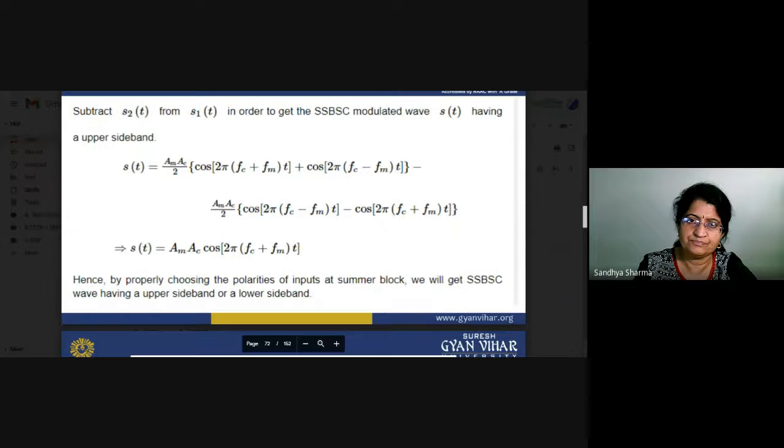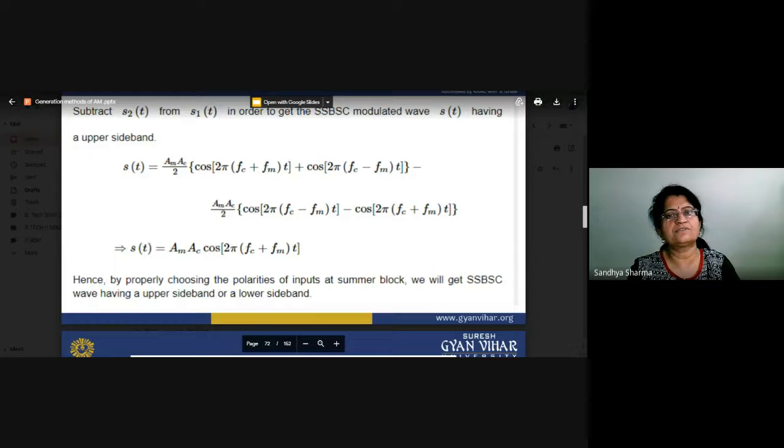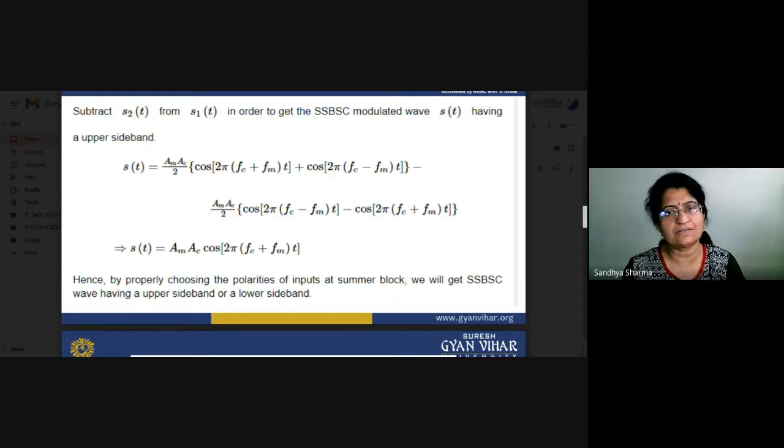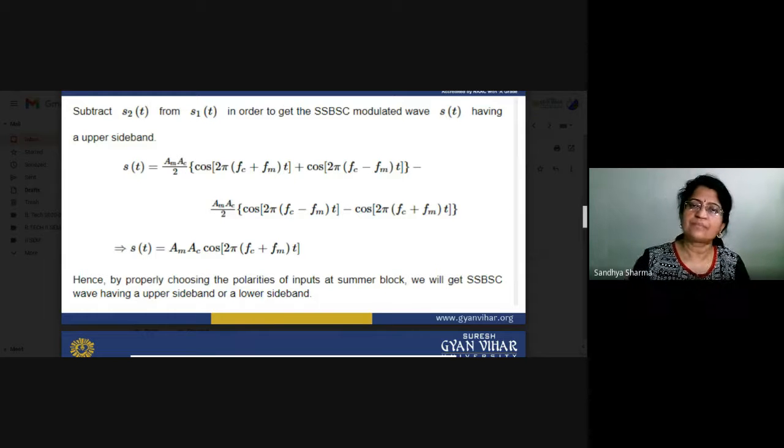And now the same thing happens when you subtract S2 from S1. So you will subtract S2 from S1, and you will get the positive spectrum. Hence, by properly choosing the polarity of input at the summer block, we can get the SSB-SC either upper sideband or lower sideband. So this is the frequency discrimination method. By using this frequency discrimination method, we can generate our SSB